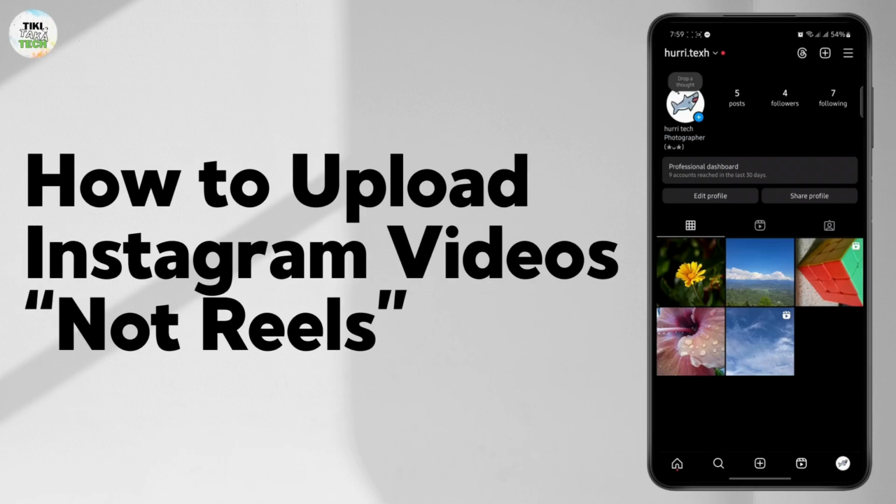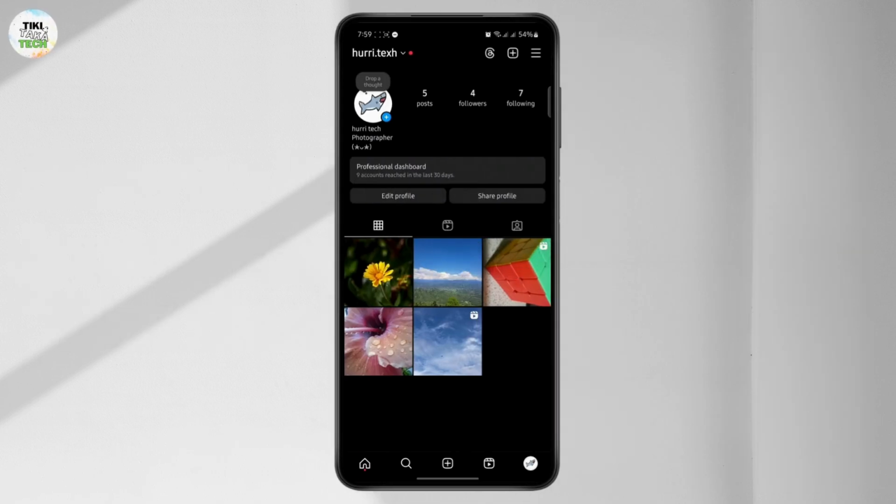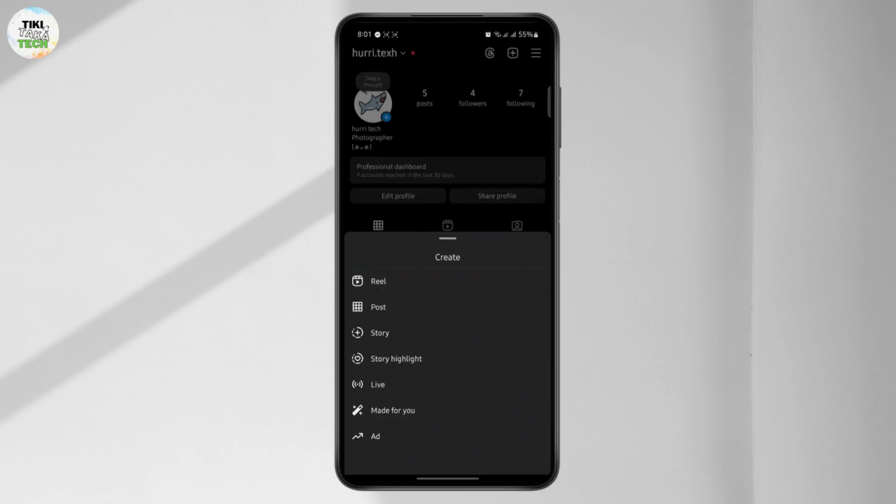How to upload an Instagram video that is not a reel. So as you guys know, after the update, if you post any singular video on Instagram, it will automatically be turned into a reel. So for example, if I just go to my new post,